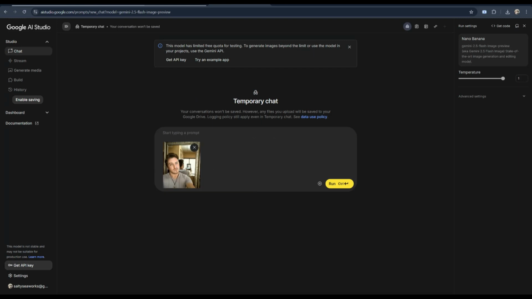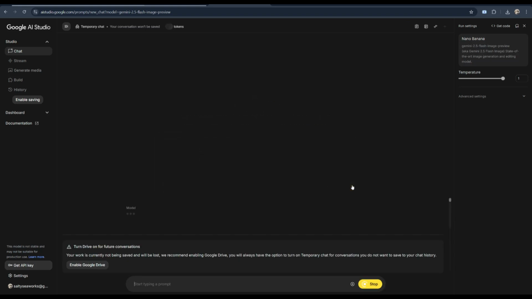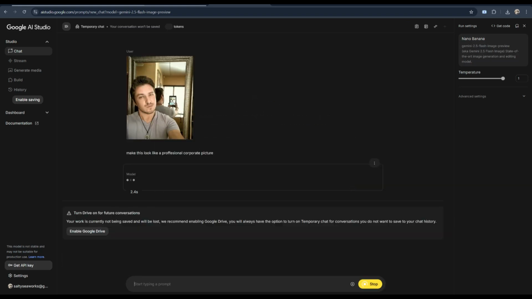Once it's uploaded, use the Edit option. In the text box, type a prompt like, "Make this look like a professional corporate headshot with a clean background," or "Convert this selfie into a business-style profile photo with studio lighting." Click Generate, and the AI will instantly refine your selfie, adjusting lighting, cleaning up the background, and giving you a